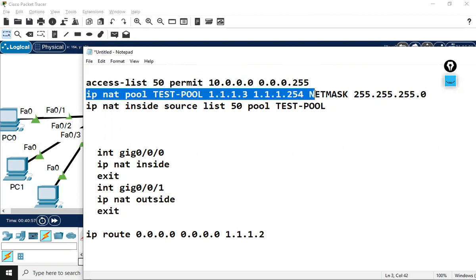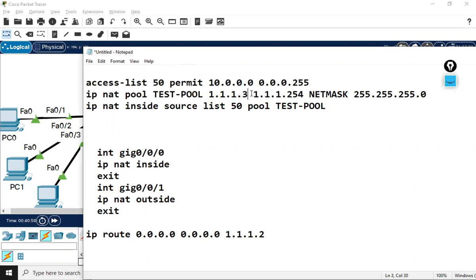Now say the pool here, in the pool we do not have this much IP, we only have a single IP, which is the IP 1.1.1.1. So the starting IP and the ending IP both will be the same, 1.1.1.1. Now the net mask, you will give the subnet mask correctly. For here the subnet mask is